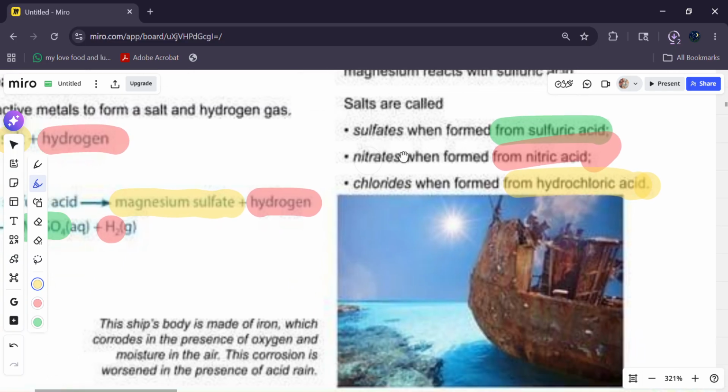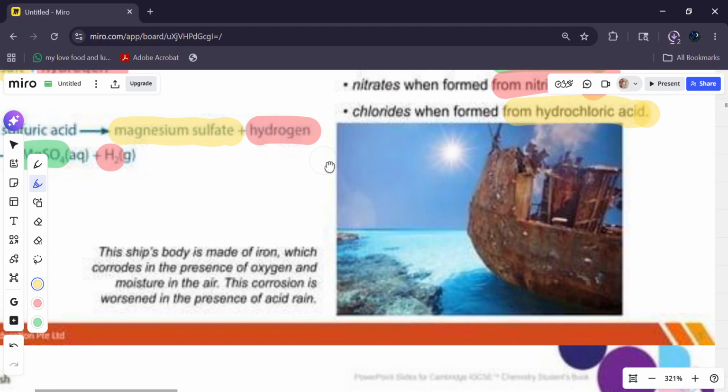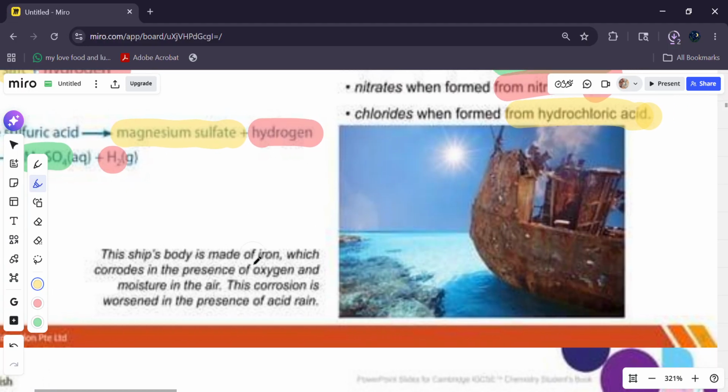So now that we understand this, this image shows that the ship body is made of iron, which corrodes in the presence of oxygen and moisture in the air, which is H2O, water. This corrosion is worsened in the presence of acid rain. Now, if we move on,